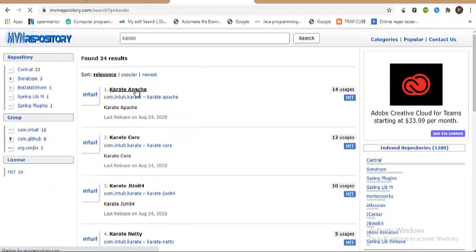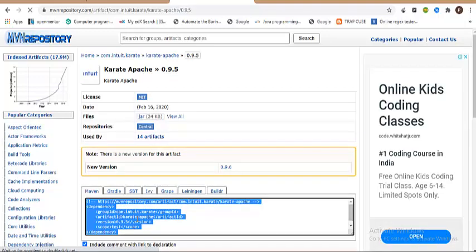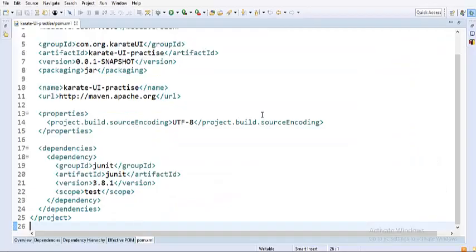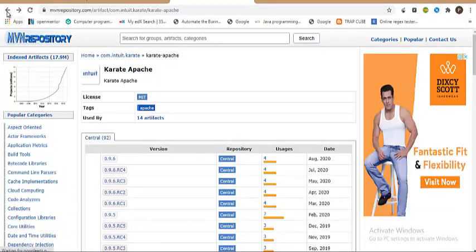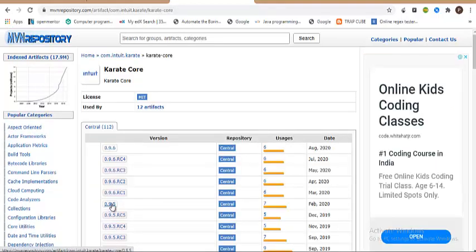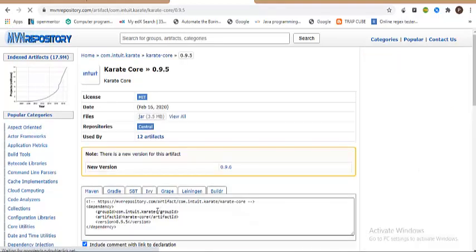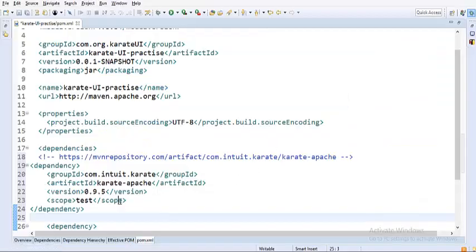So we should be having Karate Apache. Let me add all the required dependencies. So I would like to add 0.95, and then I will add it to the dependency section, and I'll just go back and then add Karate core, again the same version I would like to have. Just Control C and then add this dependency as well,